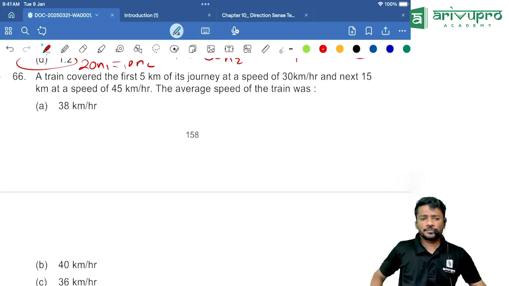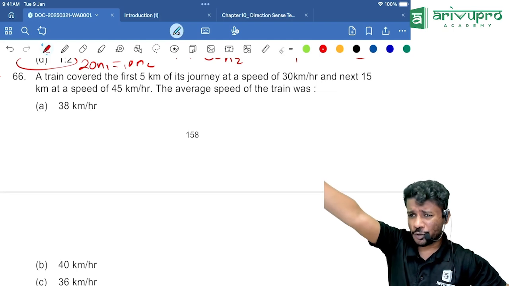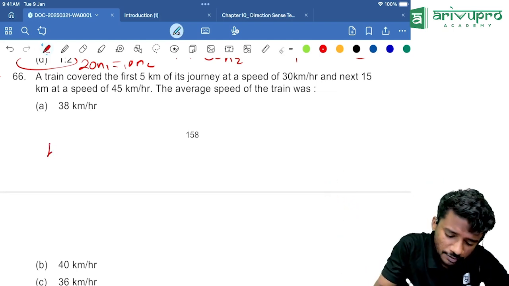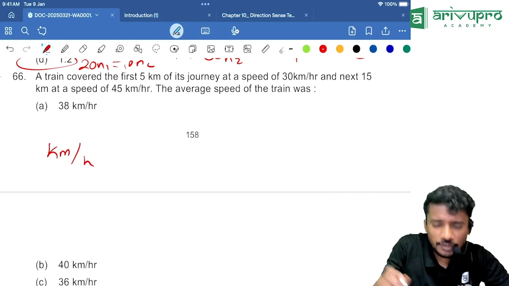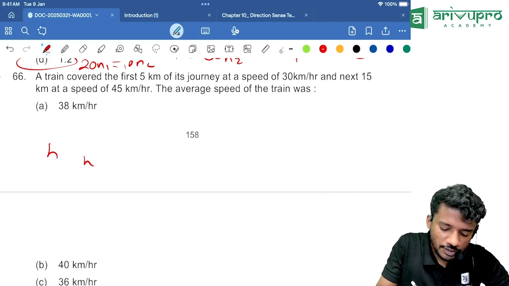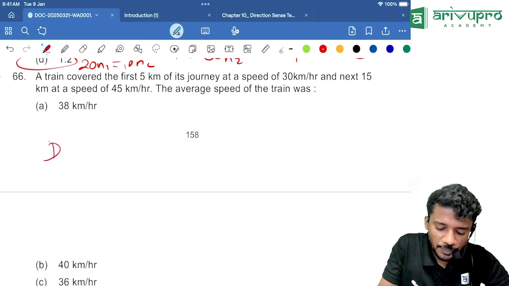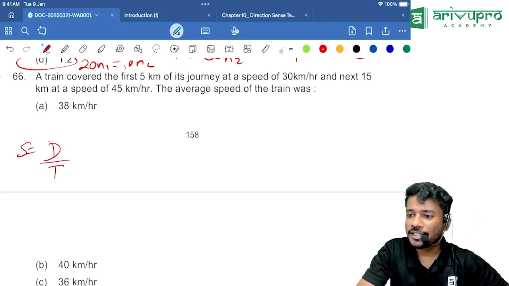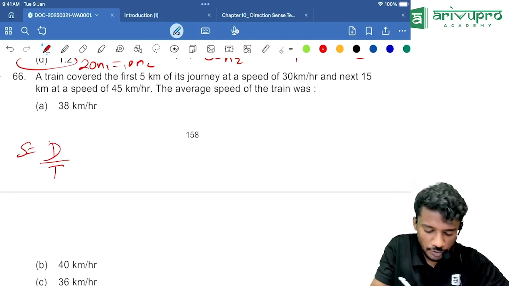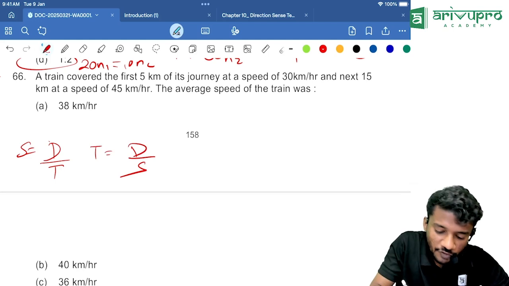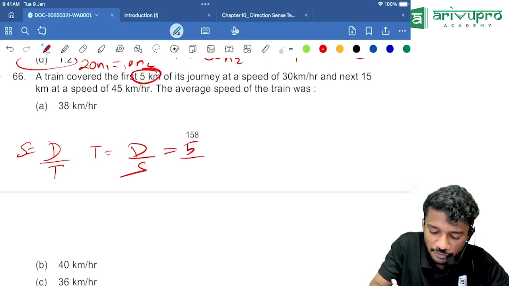So, one thing I'll ask. Simply I'll ask you a question. If you are having doubt with respect to that, just think. Speed is what is usually that? Kilometer per hour. What is kilometer? Distance, right? So speed is what? Distance by time. So time will be what then? Distance by speed. So the first 5 kilometer, which will be 5 divided by